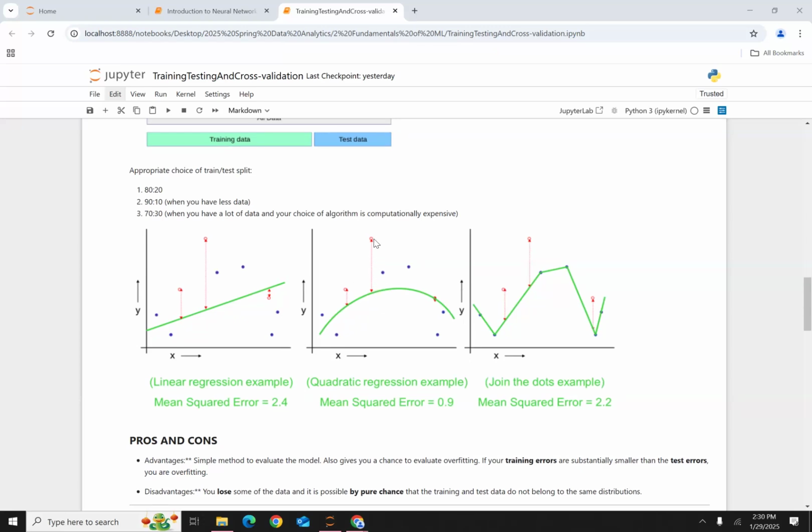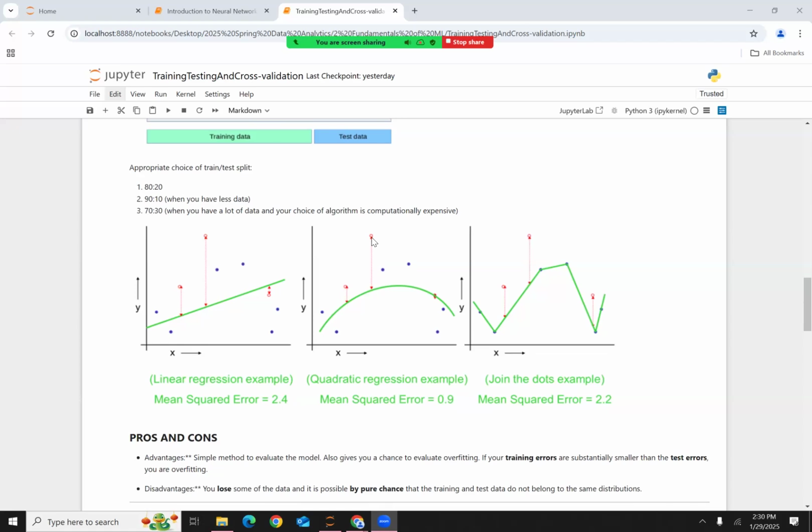So you can see that compared to the test data or the observations, we do have some discrepancies as well. There are some errors between the model prediction and the actual data. So we compute the mean squared error, and in this case, it happens to be 0.9, and we keep that